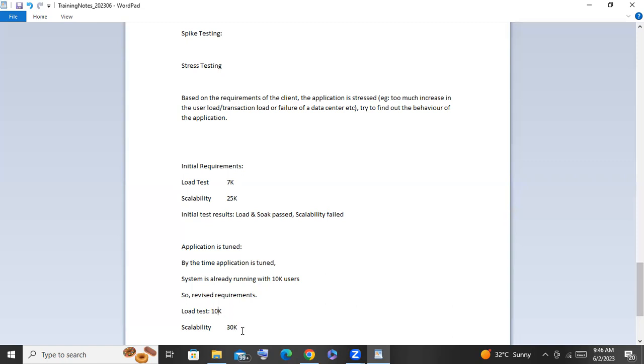Why? Because what will be the need if the system is not able to handle 20K load, then what will be the expectation for the 30K? We can always come down. That's not the problem. The problem is, guys, the problem is